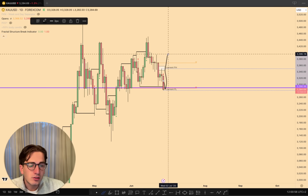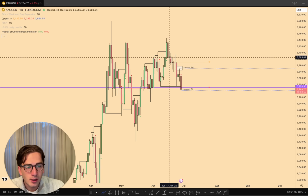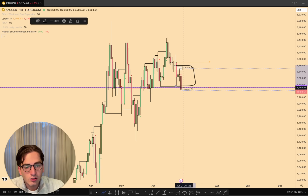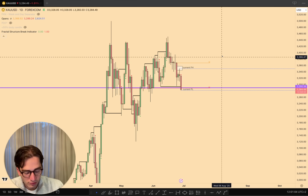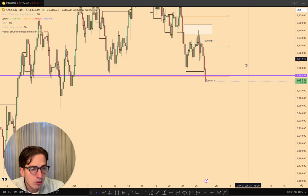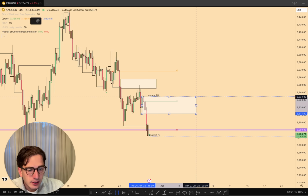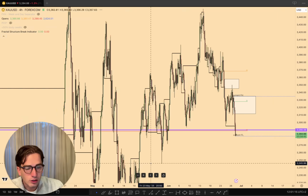So we need to see an aggressive V-shaped reversal, clean demand zone, and then we can look for longs once again back into an all-time high. Otherwise, just let this thing drop down lower and follow the daily fractal structure towards the downside, because the daily and the 4 hour are now both bearish. So this is now your 4 hour supply zone over here, and just follow that market structure as long as